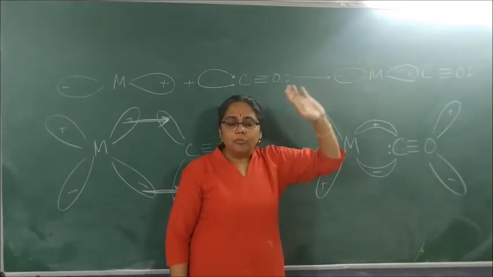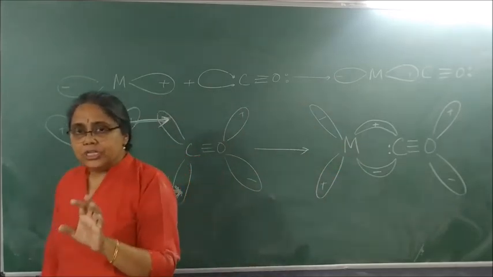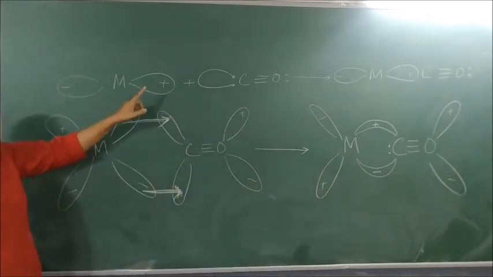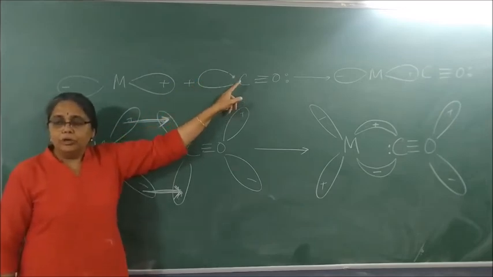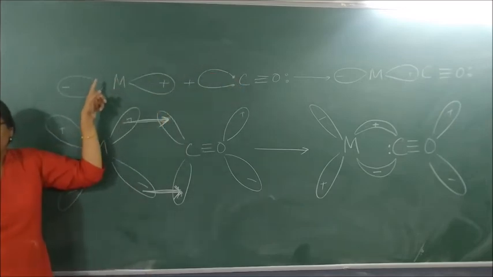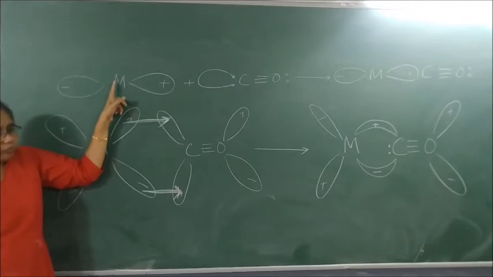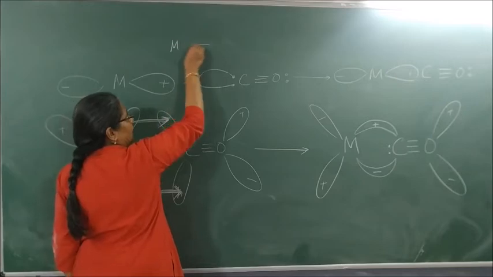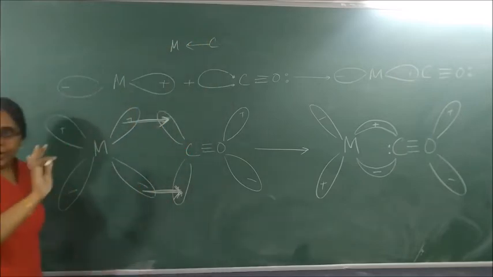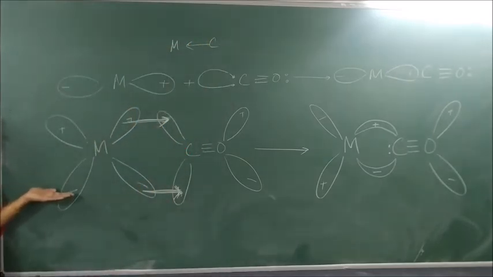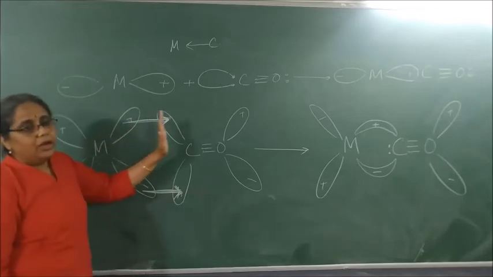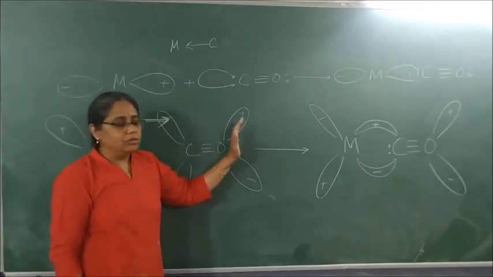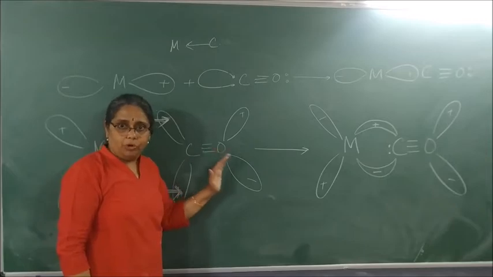This is the formation of what bonding? Sigma bonding. So bonding in metal carbonyl first involves the carbon of carbon monoxide donating a pair of electrons to the metal atom. This is a dative bond. It forms a sigma bond. The direction of it is ligand giving into the metal. In the second case, the lone pair electrons present in the metal are transferred back to the vacant antibonding orbitals of the carbon monoxide.